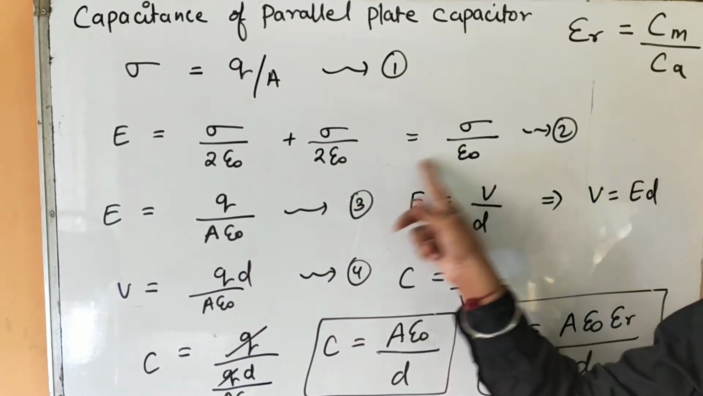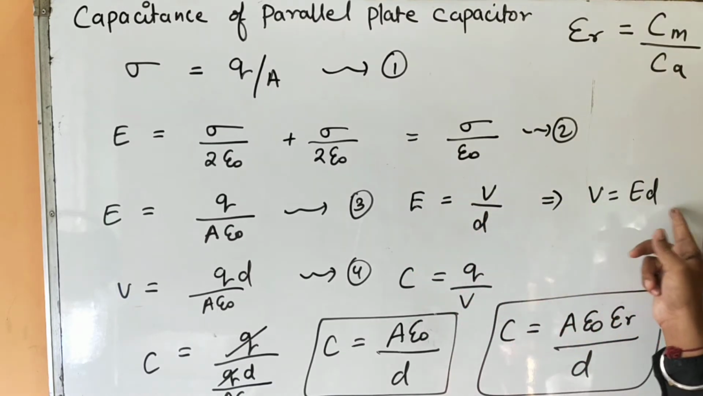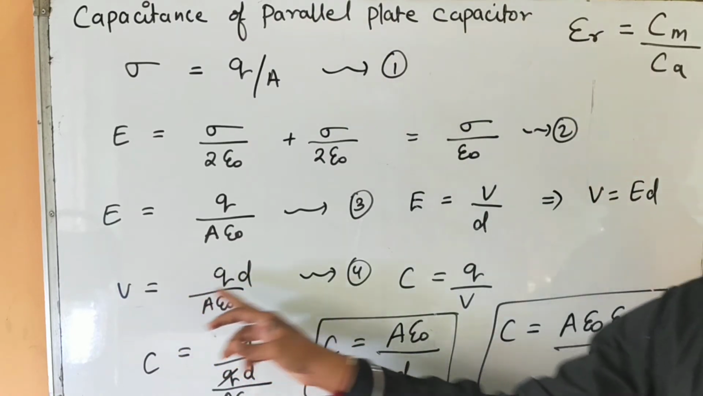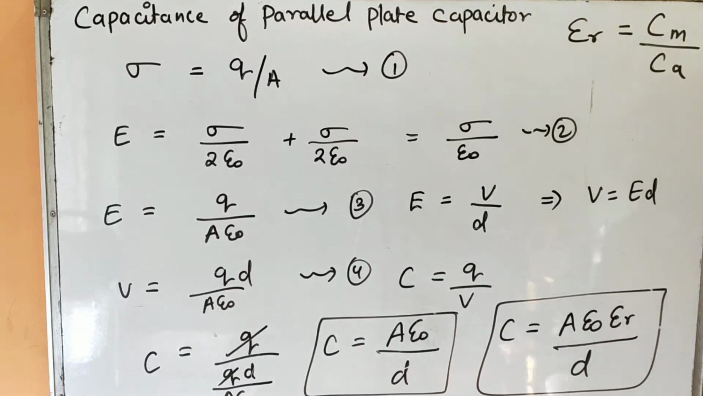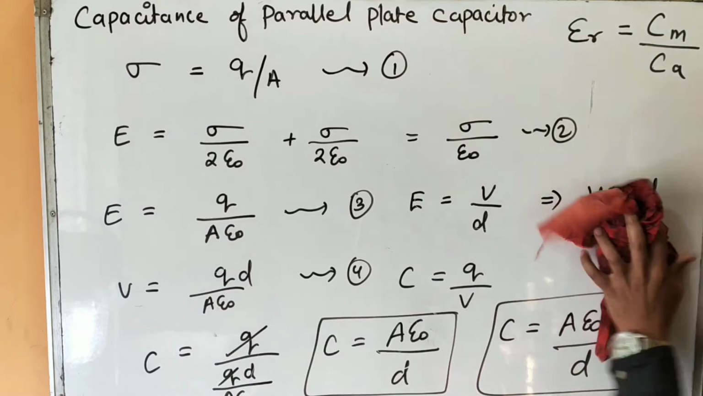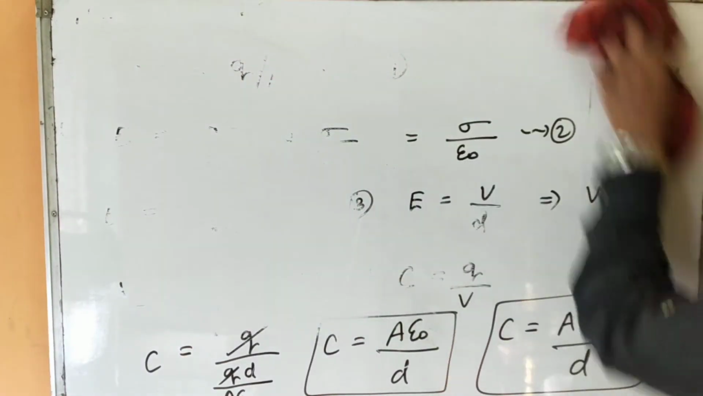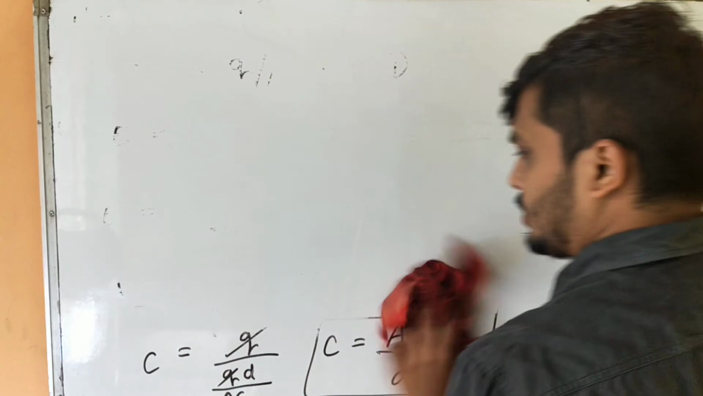We know from the first topic itself that E is equal to V by D. So indirectly V will become E into D. Again, substitute this value of V in this expression and you will get this. Clear? Okay. Now what we can conclude from here is that the capacitance of the parallel plate capacitor depends upon, from the expression itself,